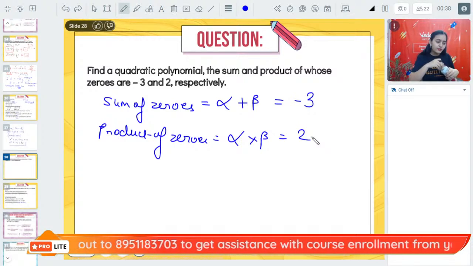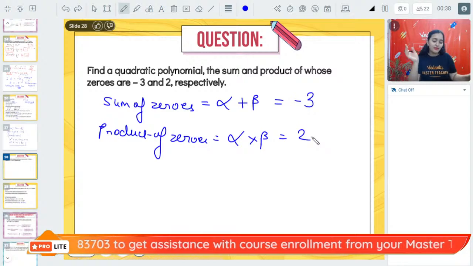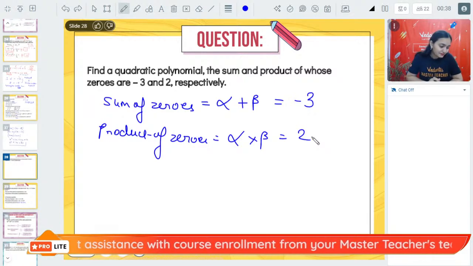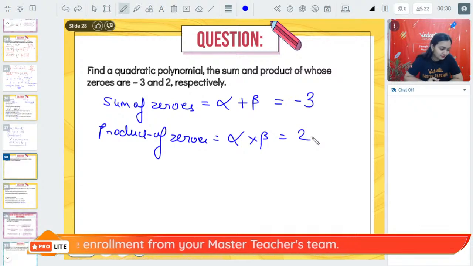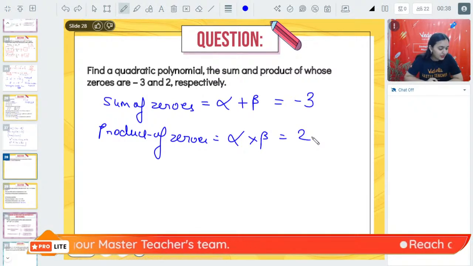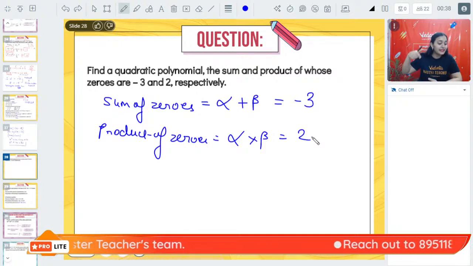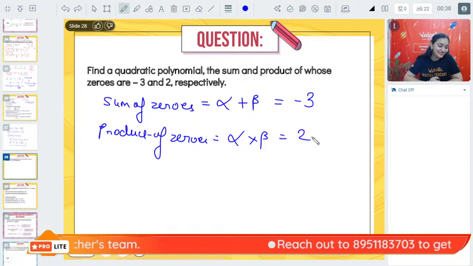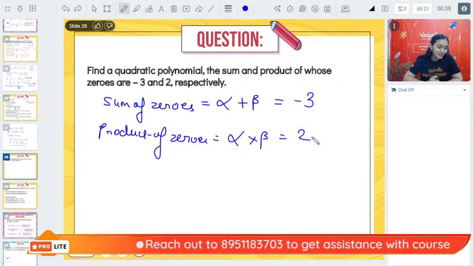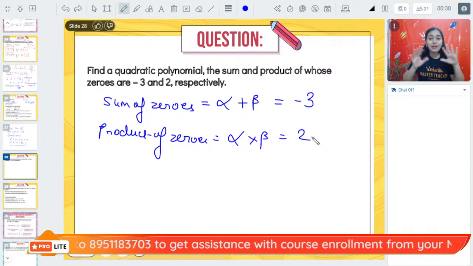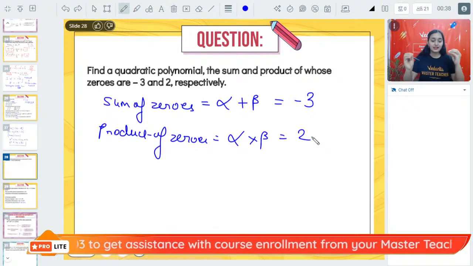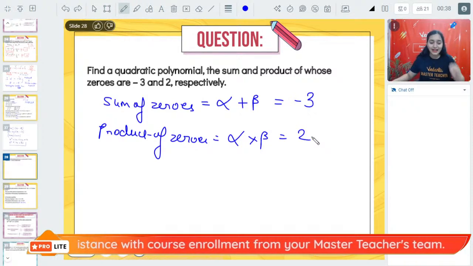Yes, Priyanshu. That is also the same thing basically. Both the methods are right. Yes, Priyanka, you are absolutely right. That's what we are going to do here. Okay. Got it. Everybody got the answer. So what are we going to do? There are multiple ways of finding the answer.